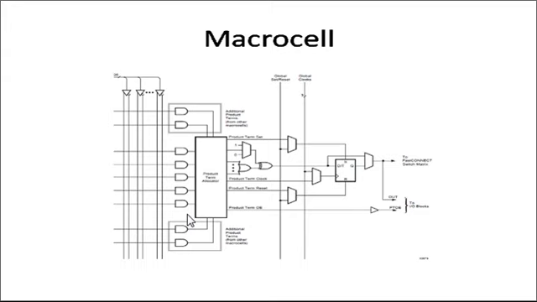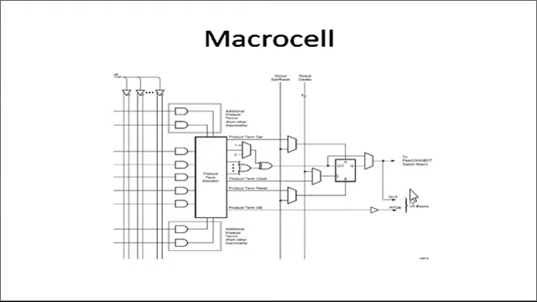Now the second thing, which is more important over here: this above part and this below part which you are going to see are nothing but the above macrocell and below macrocell. And the rest of the part which you see over here, you may call it a macrocell. In this macrocell the important thing is these 18 outputs, which are going to the fast connect switch matrix, and these 18 outputs are going to the IO block also, and this last one is a product term output enable which is also going to the IO block.